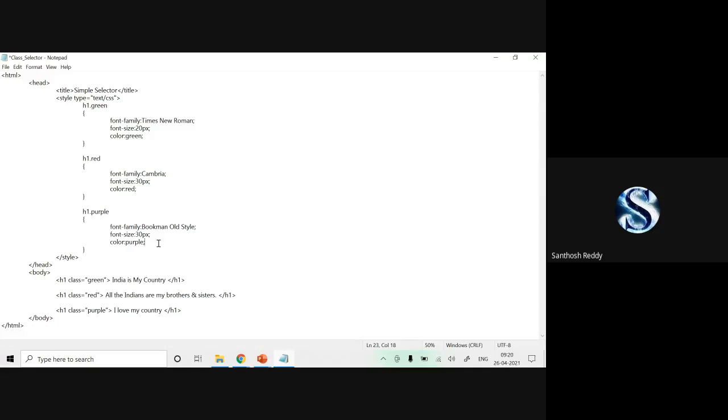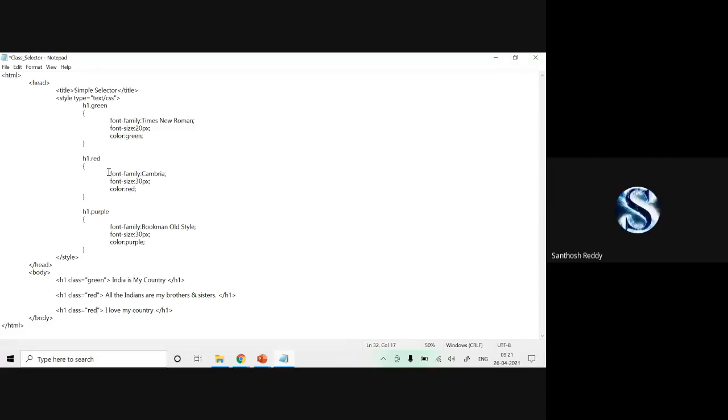Do I need to write comma h1 dot purple here, like this, or should I remove this purple, like this? Second one, sir. This is the correct one.